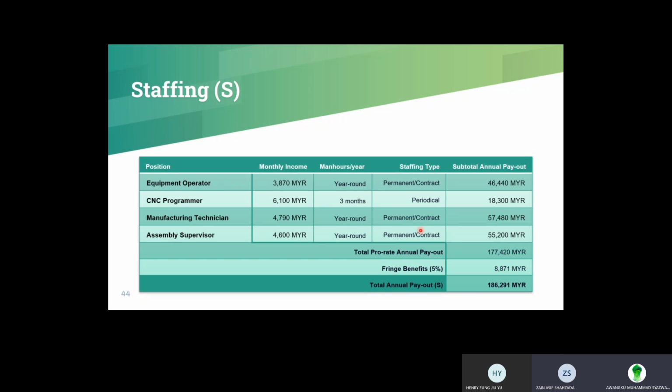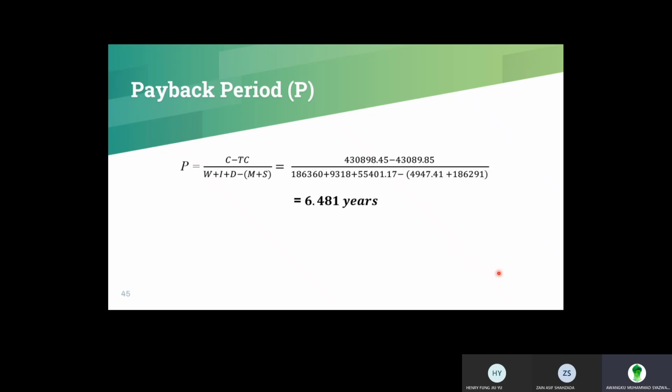So in terms of this, prorated annual payout will have a cost of 177,420 ringgit, plus fringe benefits. The total annual payout for the staffing would be 186,291 ringgit. So to calculate the payback period, use the formula, which is the ratio of total cost, the net